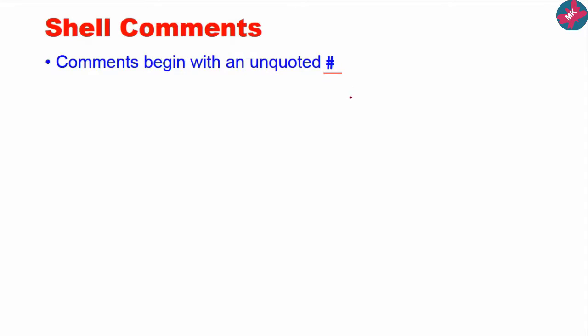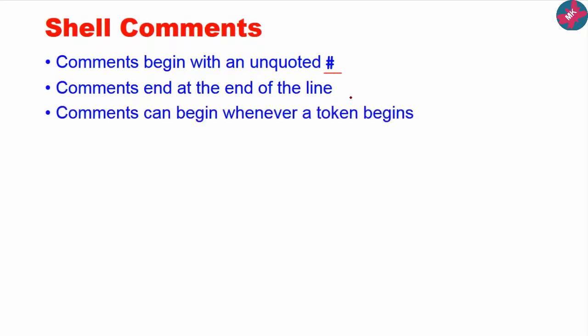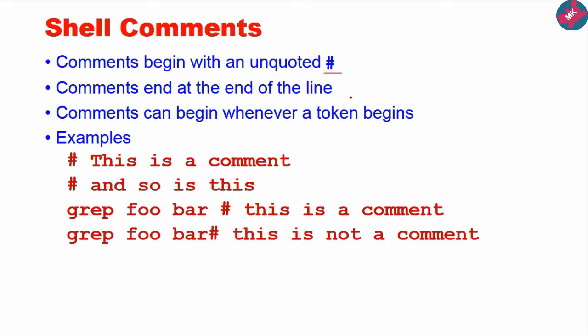Then shell comments, how to give comments in shell script. As I have already shown you on the earlier slide, the hash symbol is used. Wherever it is put, it will be considered as a comment. So here are some examples. Like this is a comment because it begins with hash. This is also a comment. And if you want to give a comment after writing the statement, that way also you can write